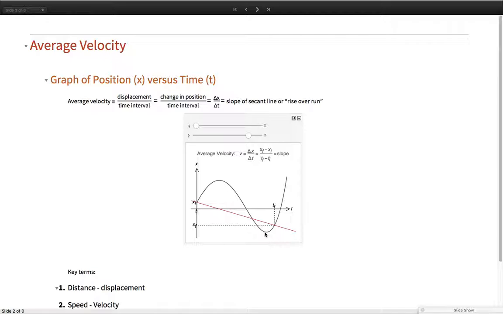those two together, ignoring the fact the object changed direction, and then add how far it went from here at the bottom all the way to the end. So we would add this term to this term to that term. Add them all up. That would be the distance traveled. You can see from this graph that's not a very useful thing to have because it's hard to calculate even